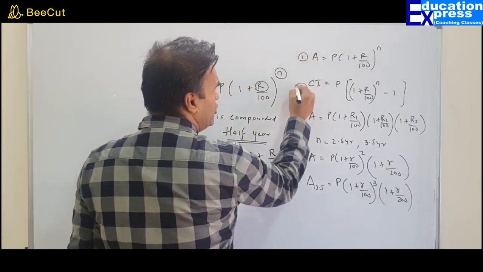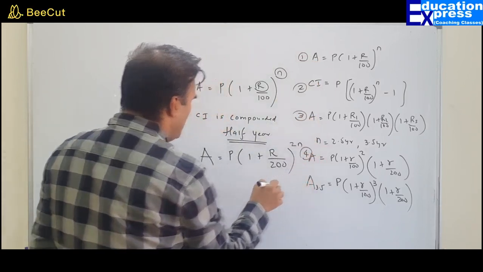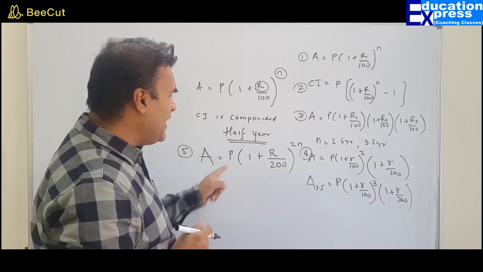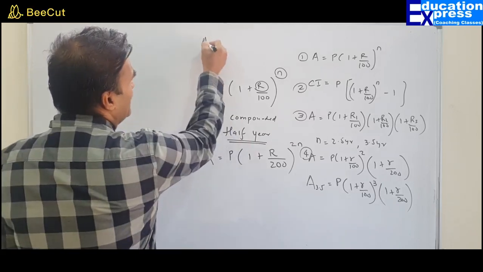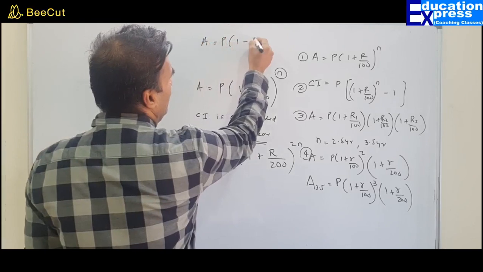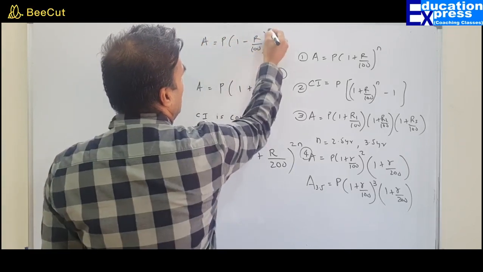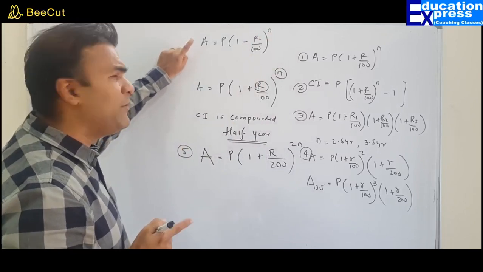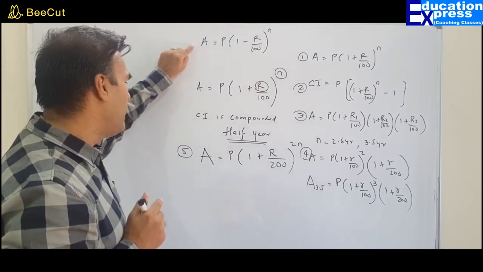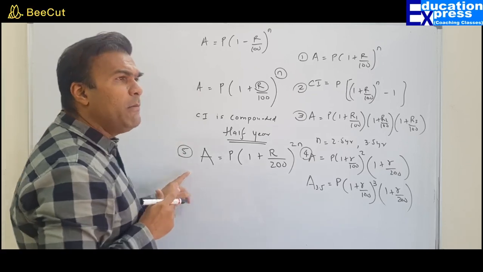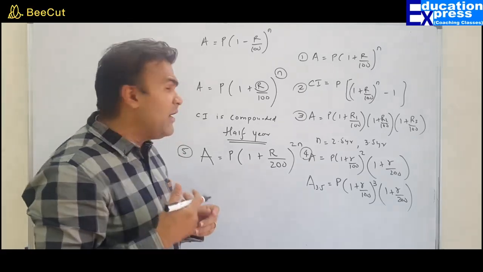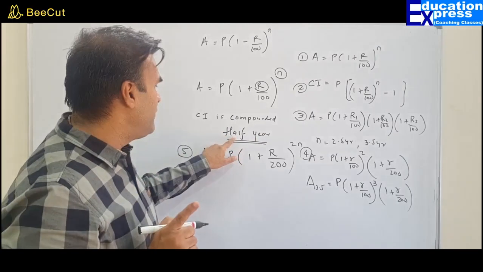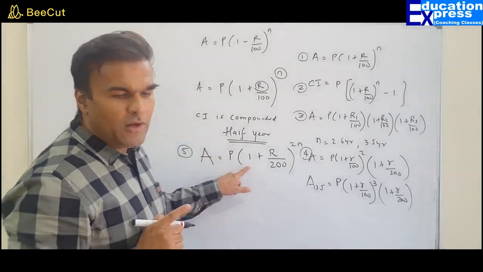So 1, 2, 3, 4. This is the fifth formula that we have introduced for this chapter. In addition to that, we have already discussed in case of depreciation, we use the following formula. Only in case of depreciation and degrowth. This has also been discussed in the previous chapter and the previous exercise also. Now in case your compound interest is compounding after every half year, that will be mentioned in the question, my dear friends, then we have to use this formula.